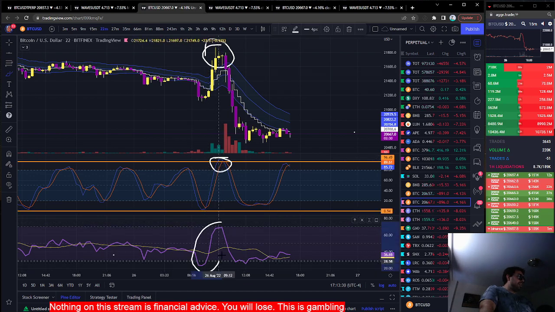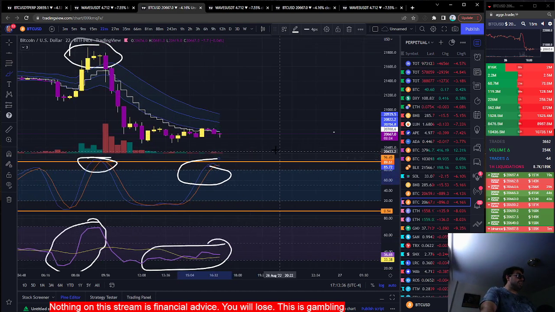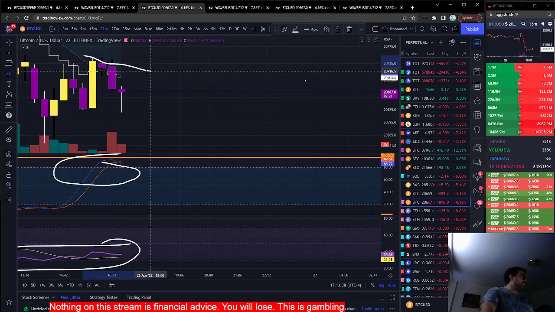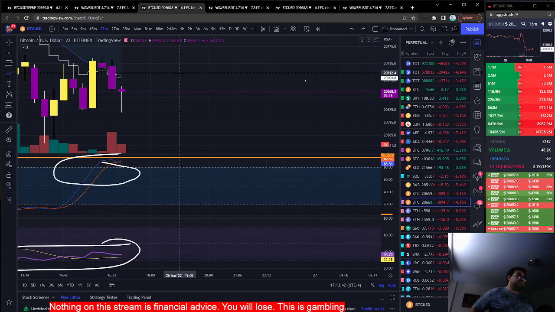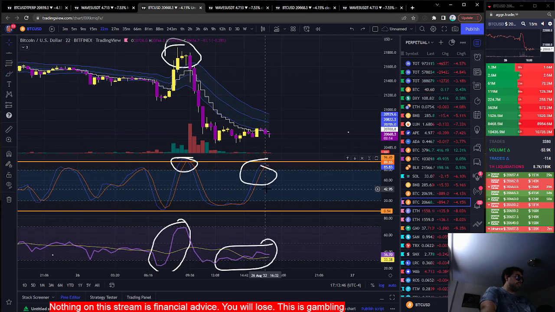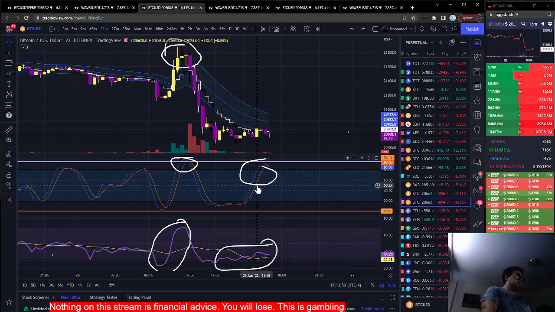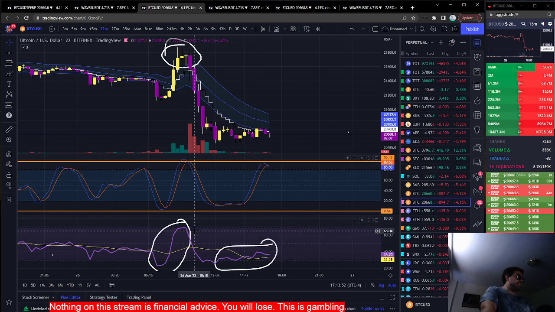Right here, that was obviously a bullish movement. Right here, this is a bearish movement. And you can tell because the stochastic RSI is already topping out. It's not really willing to go into that. You see how it's denying that bottom of the Keltner right here, and it's not looking too hot. So that's how I use these stochastic RSIs to my advantage, to tell, hey, is the market hot? Is the market not too hot right now? And how can I use that to my advantage to make a play